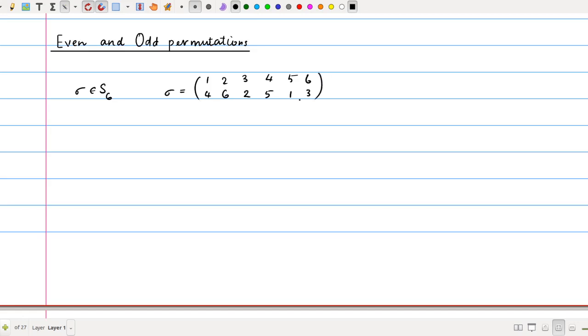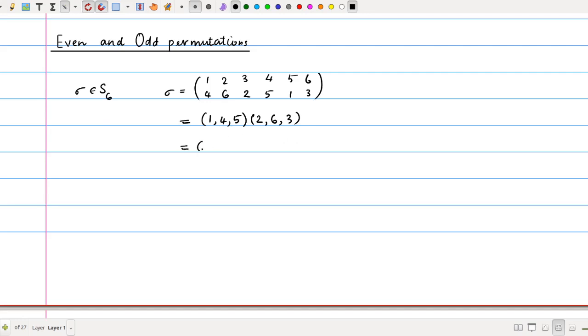So this is one of the permutations in S6, and first of all we can write this as a product of disjoint cycles. We start with 1 goes to 4, we know that 4 is mapped to 5 and 5 is mapped to 1, so that represents one orbit. And we start with 2, you can get another one. 2 goes to 6 goes to 3 goes to 2 again. So sigma is a product of two disjoint 3 cycles,